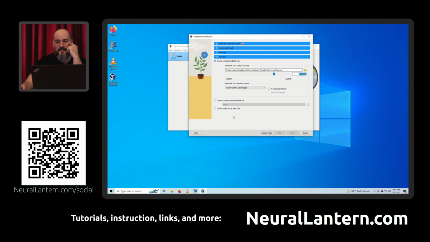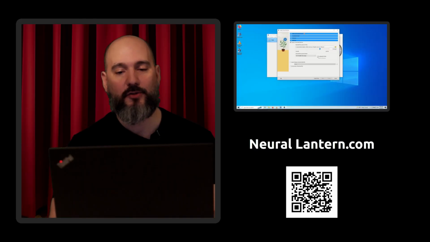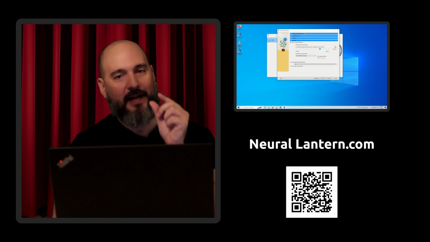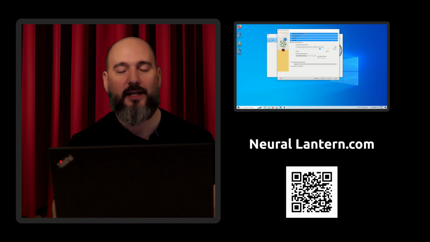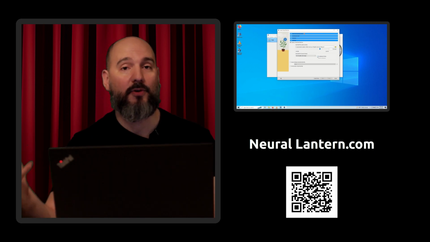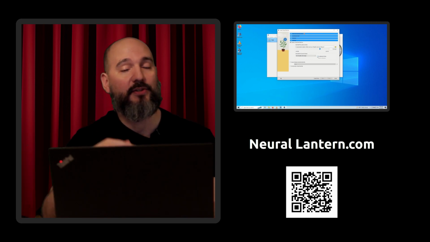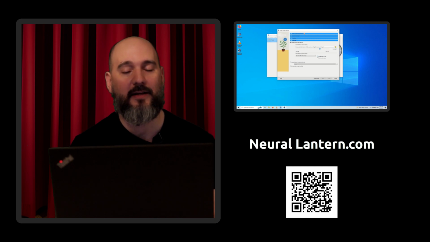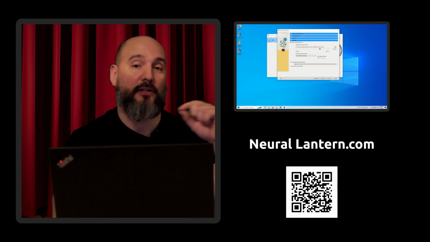We select the size here, and we do not check pre-allocate full size. What is this doing? This basically means if we check pre-allocate full size, then instantly a 75 gigabyte file is going to be created on the host machine. But if we uncheck it, then the file is going to be really, really small at first, and it's only going to grow as the guest operating system needs more space. The guest operating system will still see the full 75 gigabyte drive, but it will only use a small amount